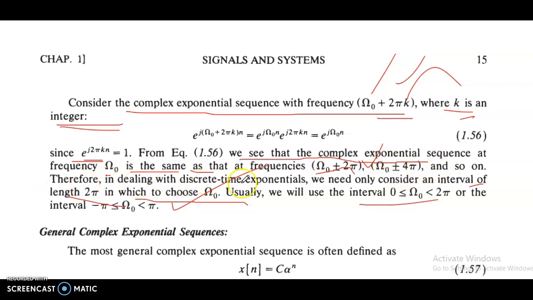Therefore, in dealing with discrete time exponentials, we need only consider an interval of length 2 pi in which to choose omega naught. Usually we will use the interval 0 to 2 pi, that is 0 less than or equal to omega naught less than 2 pi, or the interval